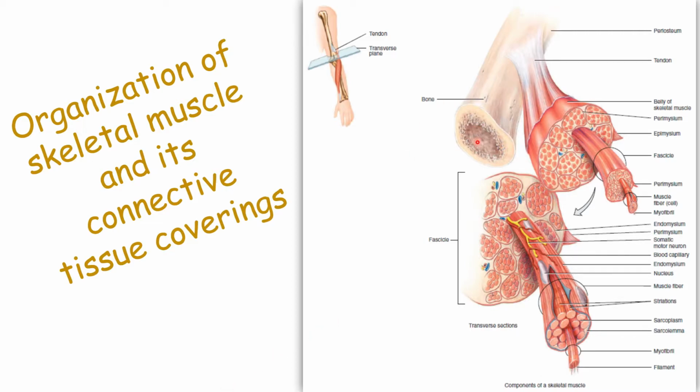Skeletal muscles are well supplied with nerves and blood vessels. Generally, an artery and one or two veins accompany each nerve that penetrates a skeletal muscle. The neurons that stimulate skeletal muscle to contract are somatic motor neurons. Each somatic motor neuron has a thread-like axon that extends from the brain or spinal cord to a group of skeletal muscle fibers.